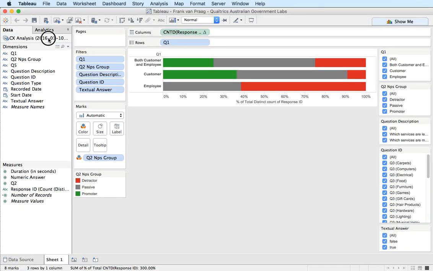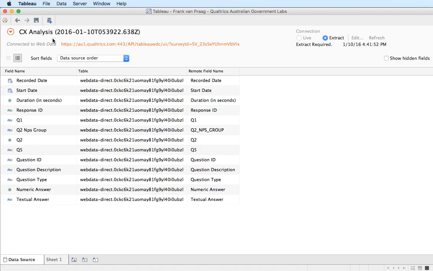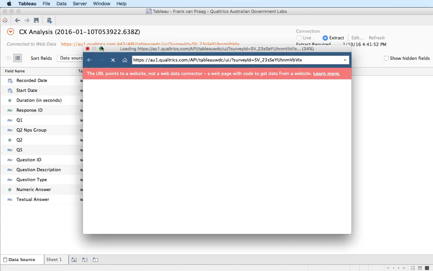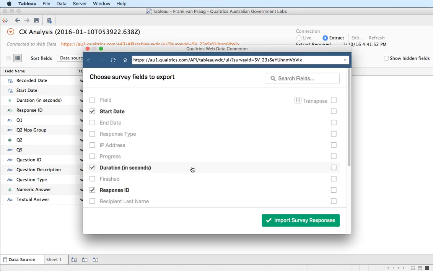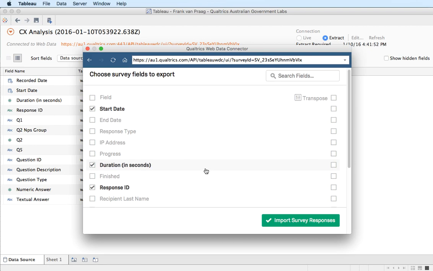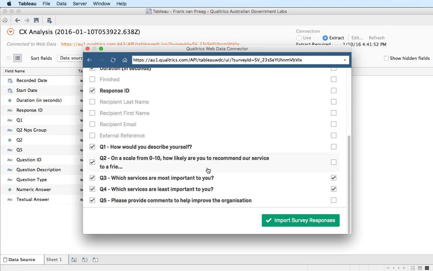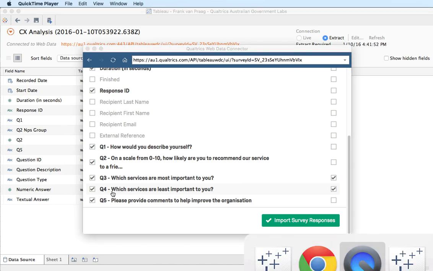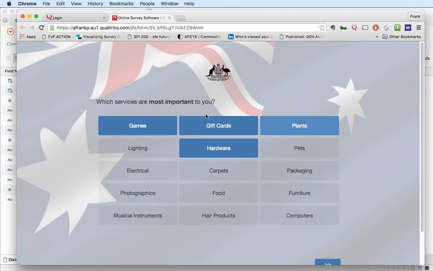So just going back, recapping a little bit, by double-clicking on our data source here, we can reopen it, reconnect using the API and the key back to the data source. You can see the columns that have been imported, and we can even go back and look at the actual data, look at the actual definitions from Qualtrics of what we've pulled in. And you'll recall that we transposed or pivoted these questions, question 3 and question 4, which are of course these questions here. This is question 4, and they're pivoted, so that means that we're no longer going to get a